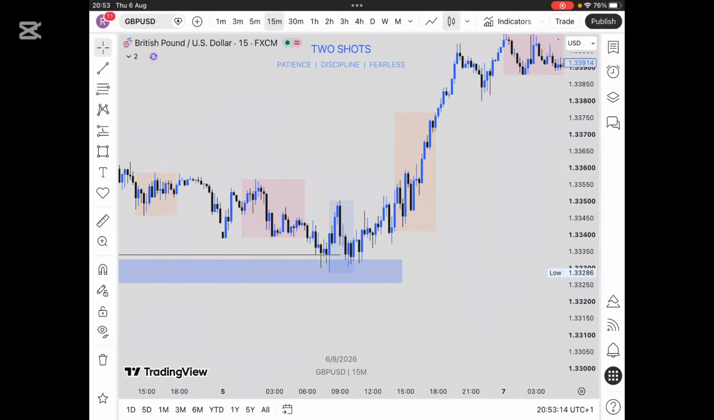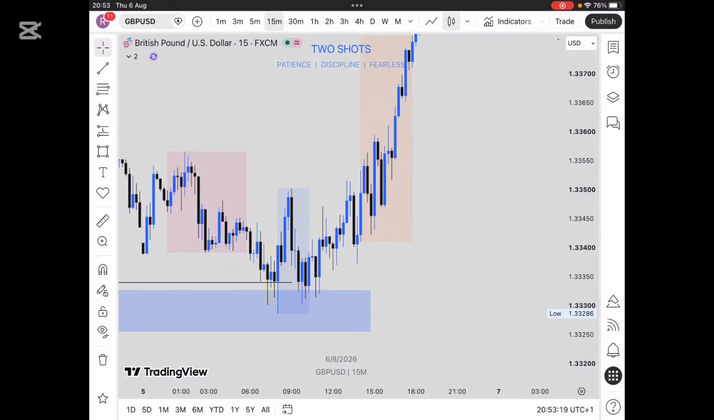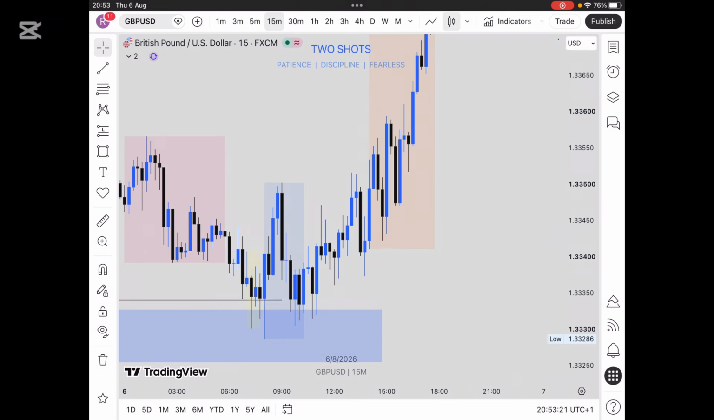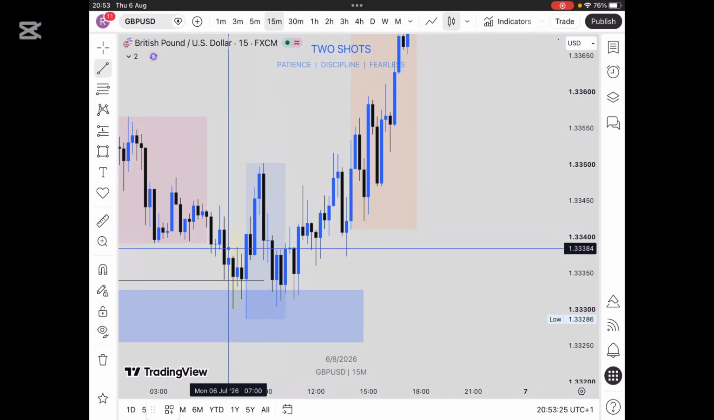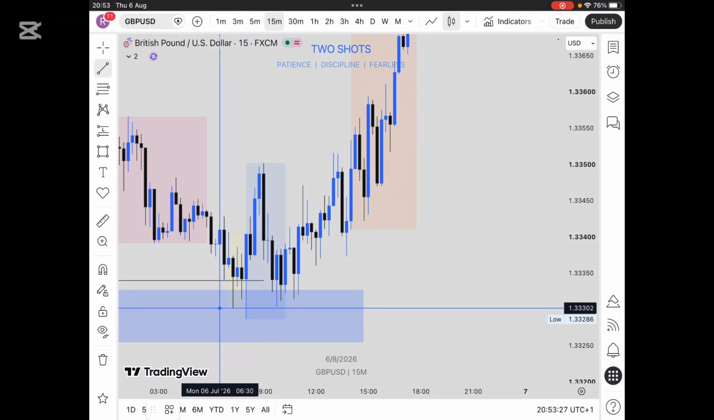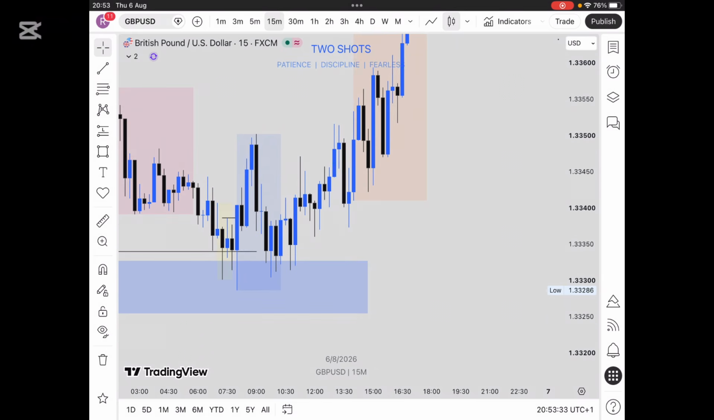So the moment price taps into our key level, what are we looking for? We are looking for our confirmation. And what is our confirmation? Price breaking an internal high. So we have price tap into this place, come back, sweep the low, and close above this high. So this could have been our confirmation, and then we would have taken the trade